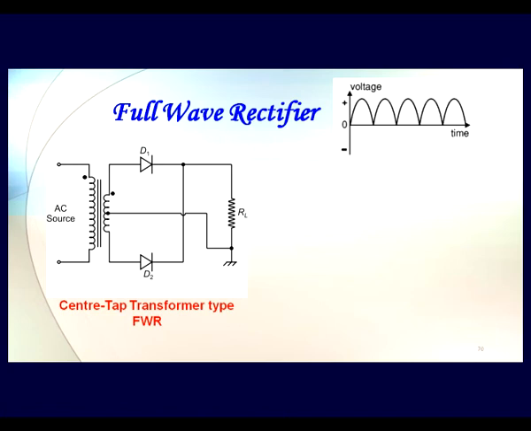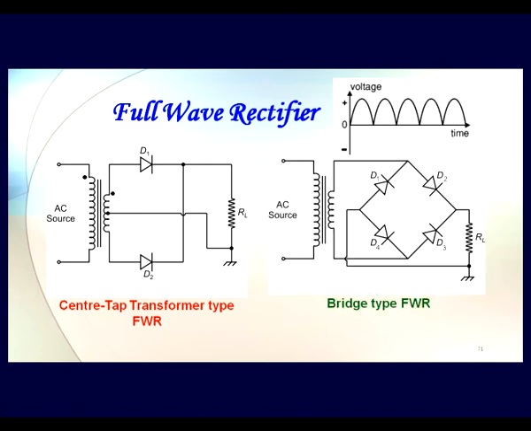This is one way. Another way of doing the same thing is by using a combination of 4 diodes in a bridge form. As you are seeing here, we are having D1, D2, D3 and D4. These diodes are arranged in such a way that they are going to allow us to have this kind of output of full wave rectification, and we will now in a couple of minutes see how both circuits work.